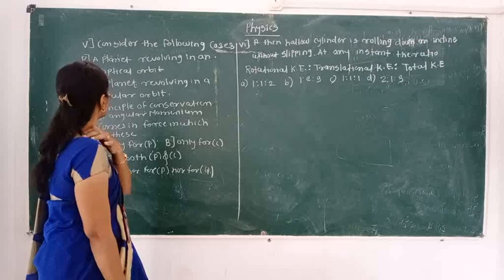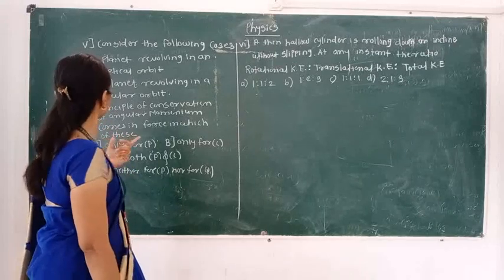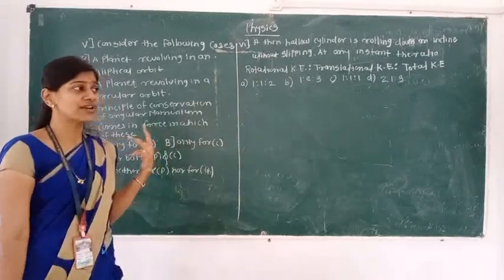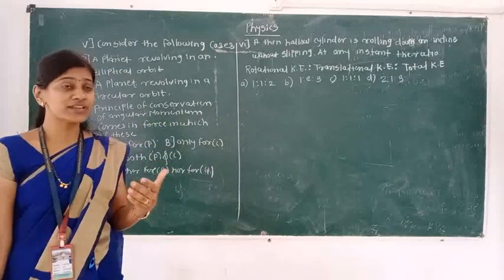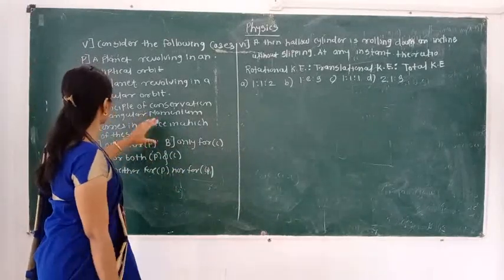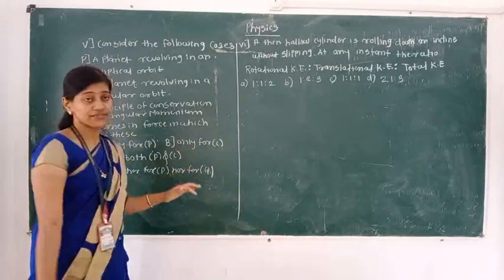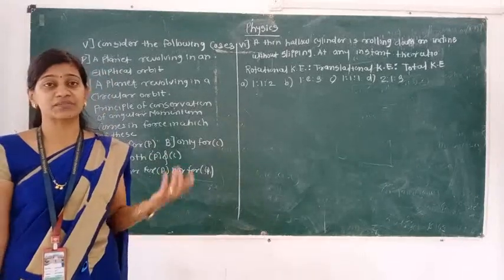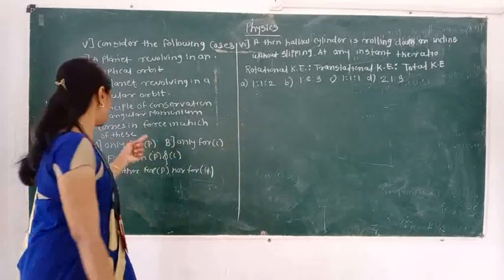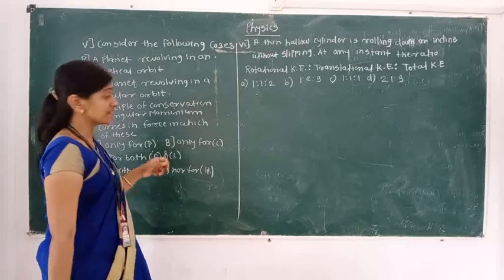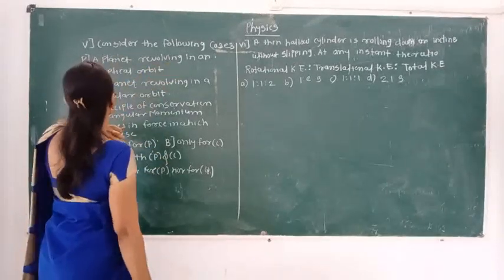See there, first is, consider the following cases. 2 cases are given to us, and as per the given cases, by that given information, one statement is given there. We have to check whether that statement is correct or not, and downside the options are given. See there, first, consider the following cases.